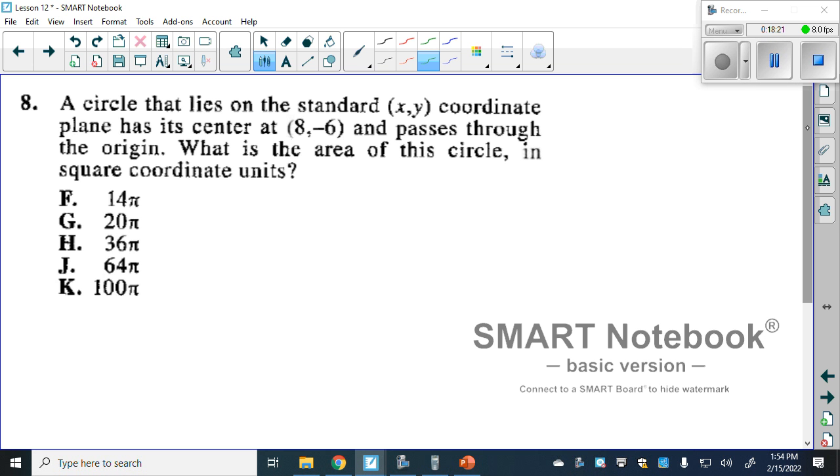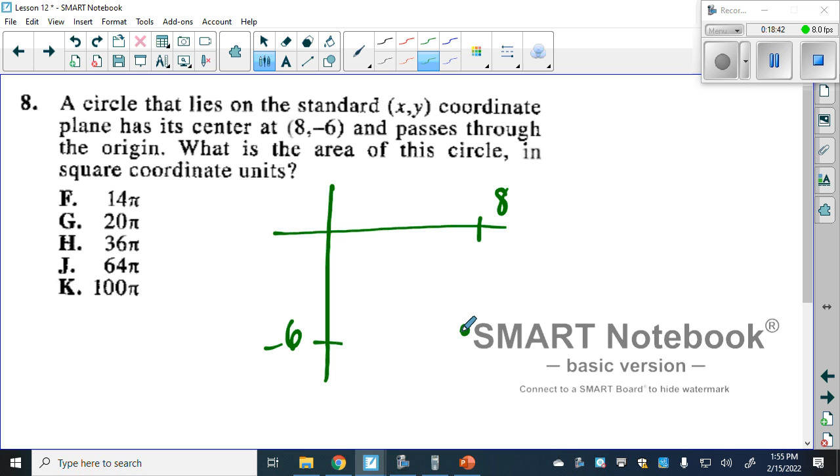This one here is a little bit interesting. The circle that lies on the standard xy coordinate plane has its center at the point 8, -6. So that tells us that we have an x value of 8 and a y value of -6. So this here is the center. And passes through the origin. Well, the origin is our 0, 0. So that means 0, 0 is a point on the circle,